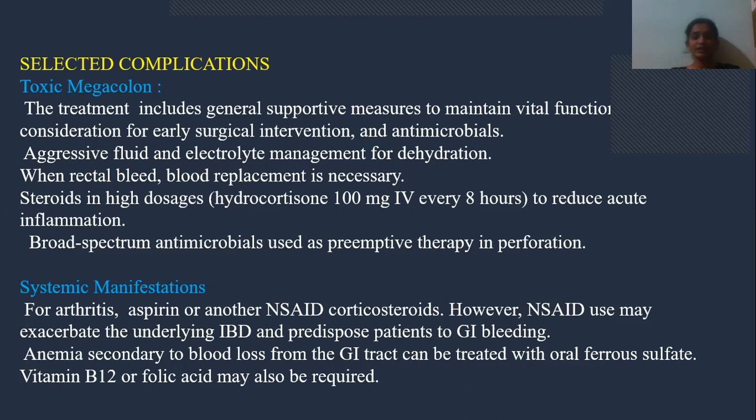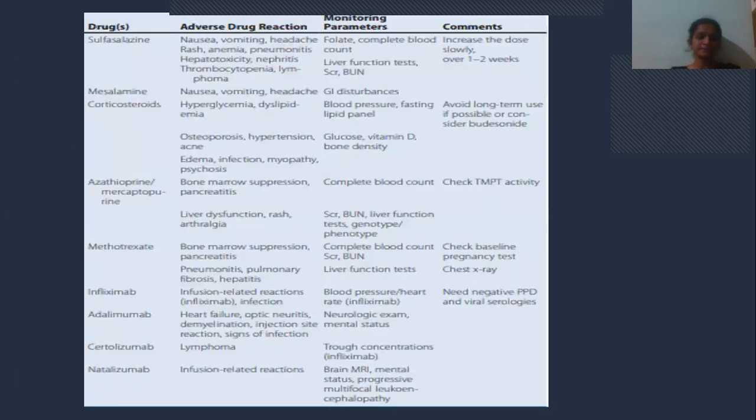It can be treated with oral iron tablets, like ferrous sulfate. If the patient has vitamin B12 deficiency or folic acid deficiency, why is this deficiency present? Because vitamin B12, folic acid and so on get absorbed from the intestine. As it already has inflammation, these things can't be absorbed, right? So in order to balance those deficiencies, we'll be giving vitamin B12 or folic acid supplements if required, depending on the normal values and range.